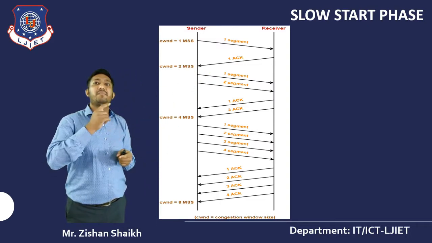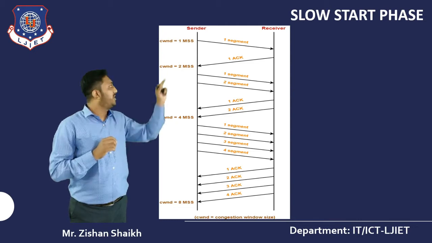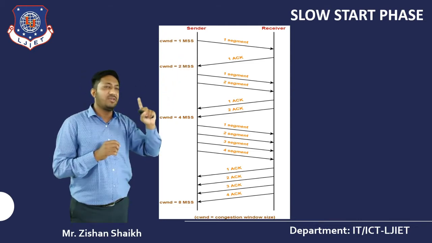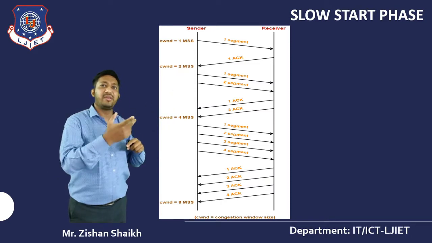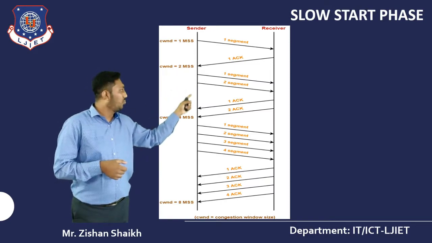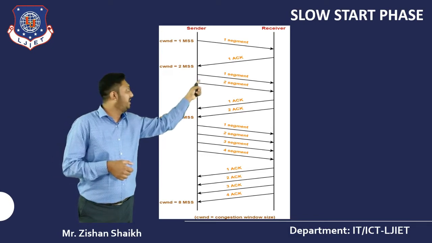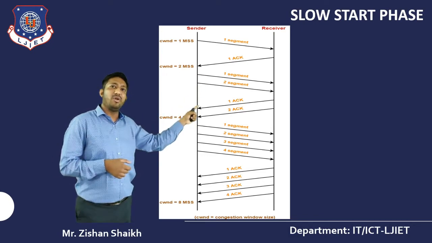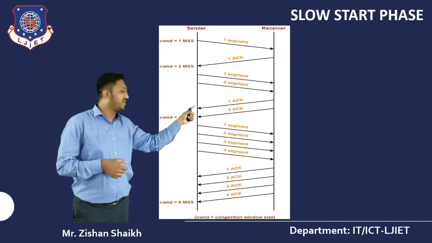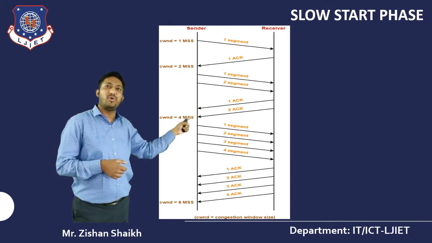It increased in the particular phase. Initially it can send a maximum of 1 segment, but after receiving the first acknowledgement, it will exponentially increase and send 2 segments at a time. You can see here 1 and 2. After receiving both acknowledgements, as we can see here,